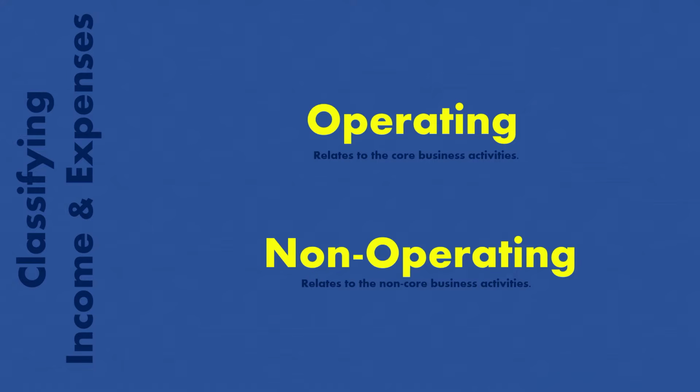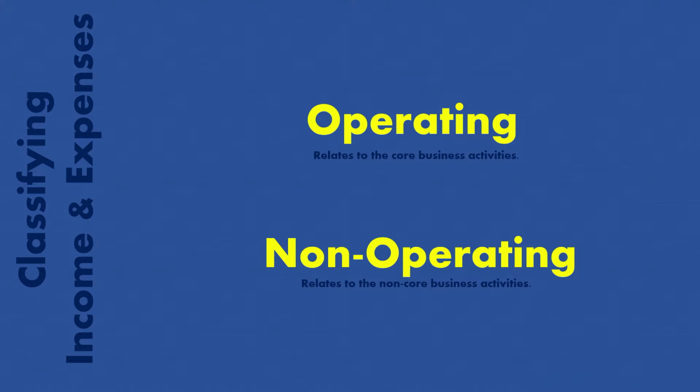Let me explain. So let us say we are going to talk about a restaurant. We have a business that is a restaurant, and in that restaurant we sell food and drinks to our customers. So any revenue that we collect from our customers by selling them food or drinks, that will be classified as operating. And if there happen to be any other type of revenue, any other type of money coming in, that will be non-operating. And same goes for the expenses,